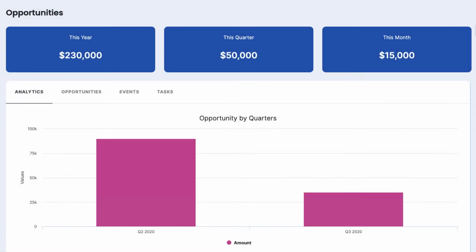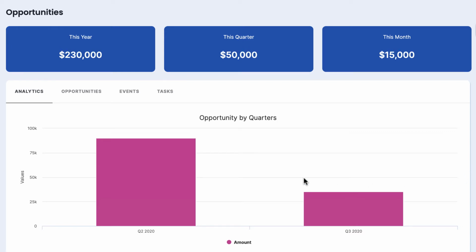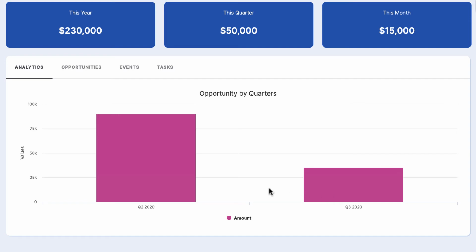We gain insights from investigating and understanding data. Data visualization tools like charts and graphs allow us to make sense of numeric data by exposing patterns, trends, and potential outliers. In Squid, you can add a chart to provide a high-level view of your data, like opportunity amounts you could expect for each quarter in the year.